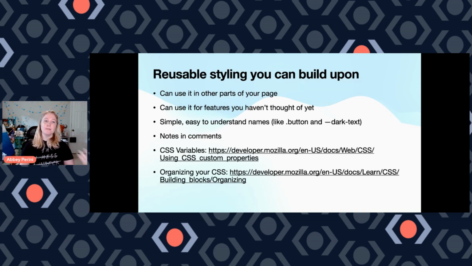So to that point, let's talk about making reusable styling you can build upon. You want to make your styling so straightforward to you that you can come back 6 months from now and add a feature and use that styling without having to think about it. So let's say I'm building a portfolio. I know I'm going to want a section for each project that looks the same. And within that project section, I'm going to want a screenshot, a link to the GitHub repo, a link to the website, a description, and a little heading. So I'm going to build that.